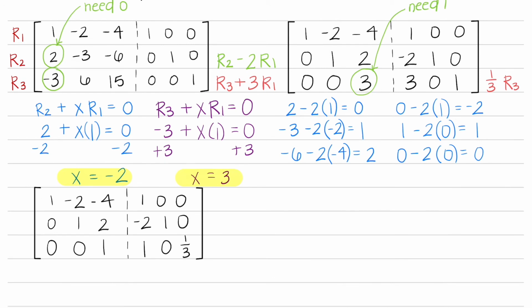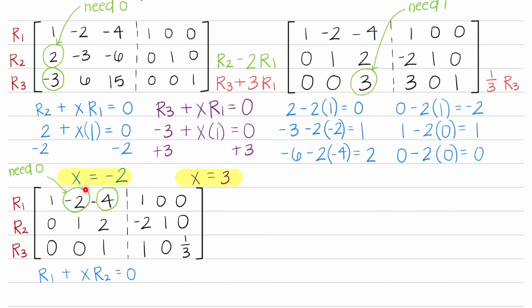So let's work to the right of the diagonal. We know we want all those terms to be 0s. Let's start with the first row. We want that -2 and that -4 to be 0. We can't switch any rows to get the numbers that we want, and we also can't multiply the row by anything to get those to be 0. So we will have to use rule 3. Let's create our formula. We'll take our row 1 plus a multiple, which we will find, so we'll write it as x, times any other row. Let's use row 2 equals, and we know we want these terms to be 0, so we'll write 0.